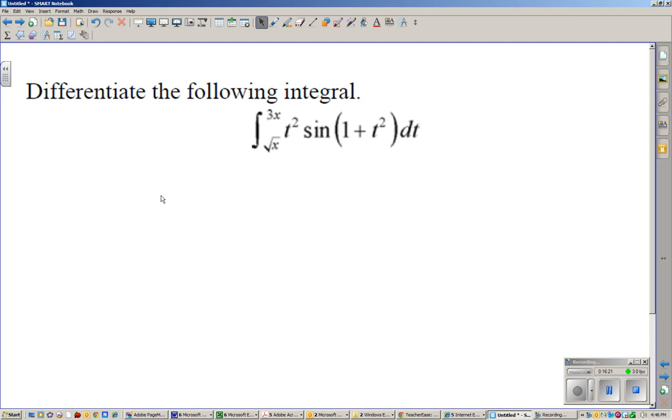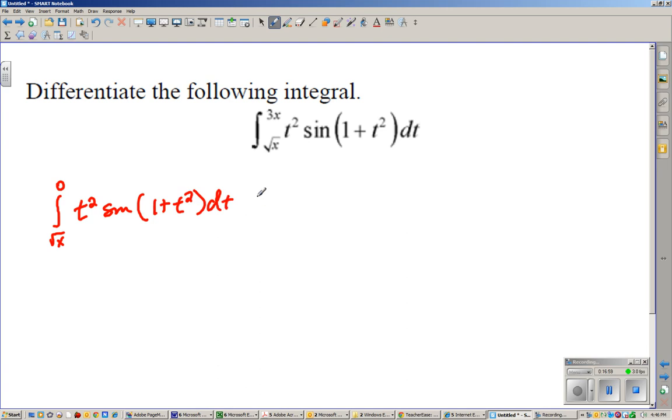Well, it has to do with the fact that we can take any integral and split it or break it up. In this particular case, what we can say is, let's take this integral and start at radical x and go to 0 and work with t squared sine of 1 plus t squared dt,